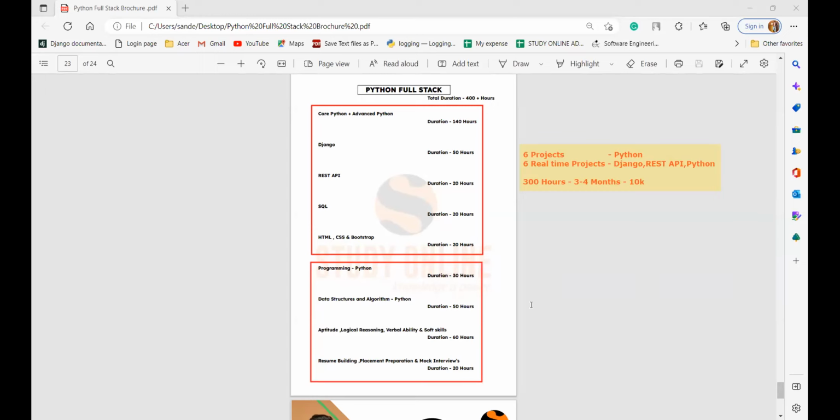You tell me how many hours will be added? Don't you think extra 100 hours will be added? Approximately more than 100 hours. I think 120 to 130 hours will be added. That means, shall I tell 400 plus hours? I'll say around 430 plus hours.